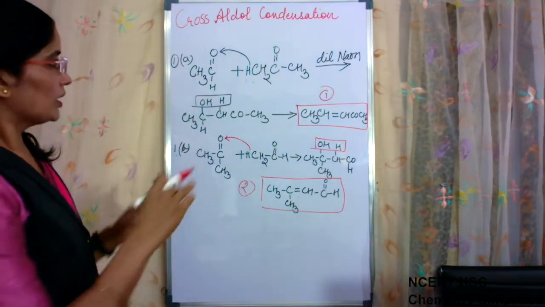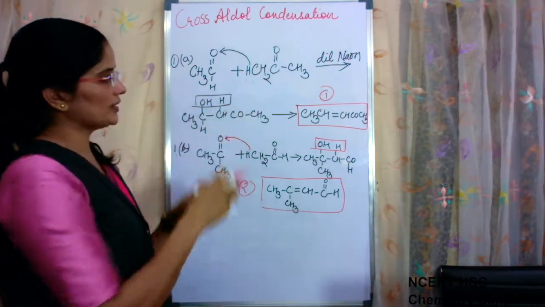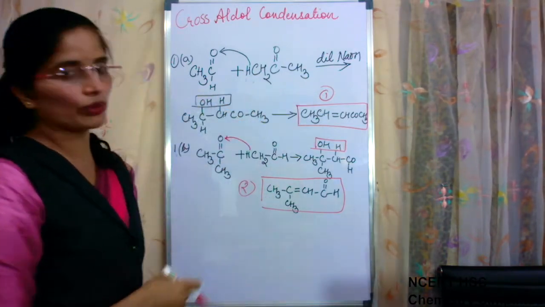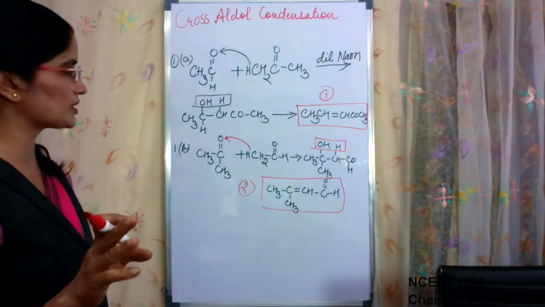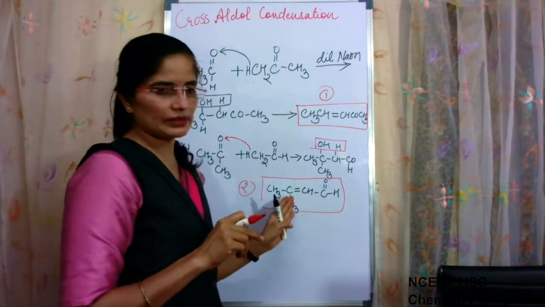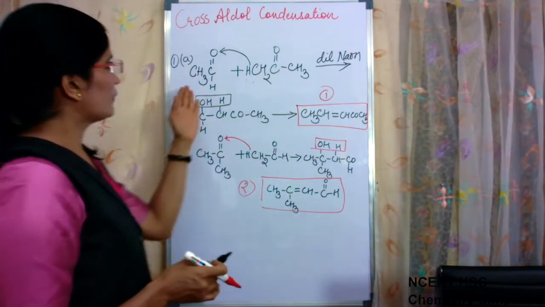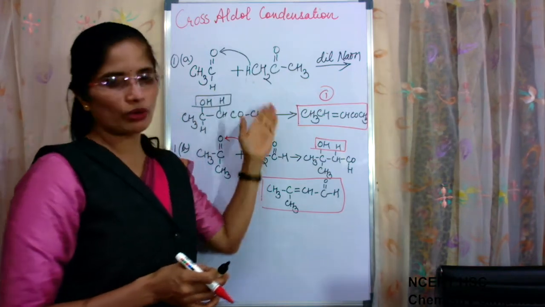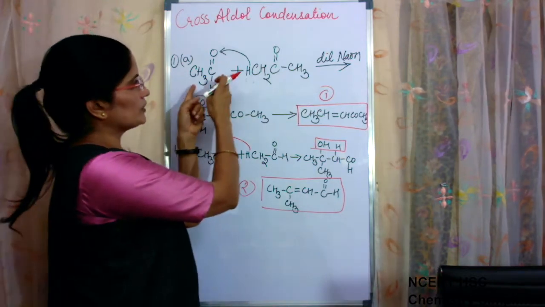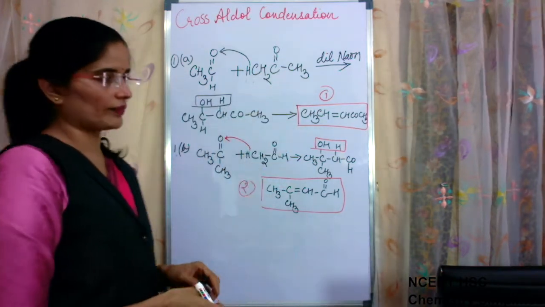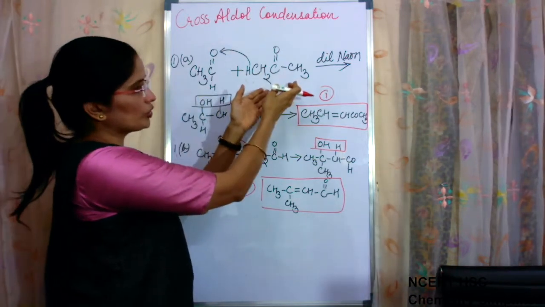So just by changing the position of the two molecules which are reacting, we have got two different products in this reaction. Now we were saying that we get 4 different products. So these are the two possibilities which we have discussed. Now one more thing is there. When we are taking these two different molecules, whenever the reaction takes place, it is not so that one molecule of this and one molecule of this is reacting. They are always present in bulk. Many molecules of this and many molecules of this.